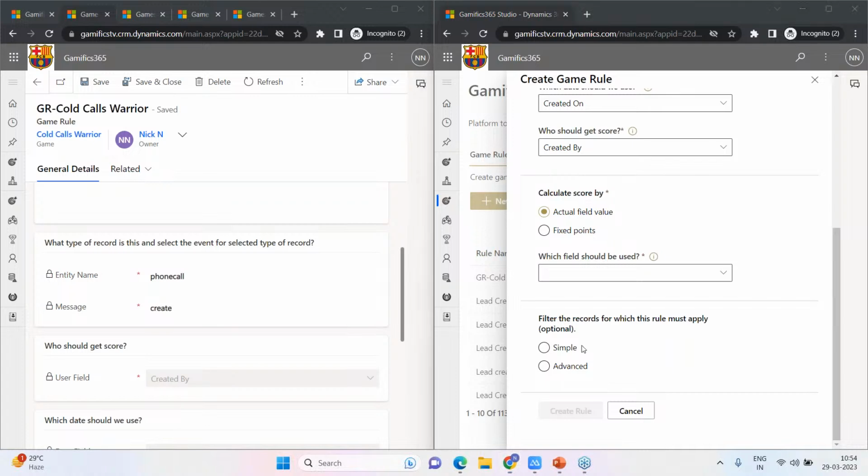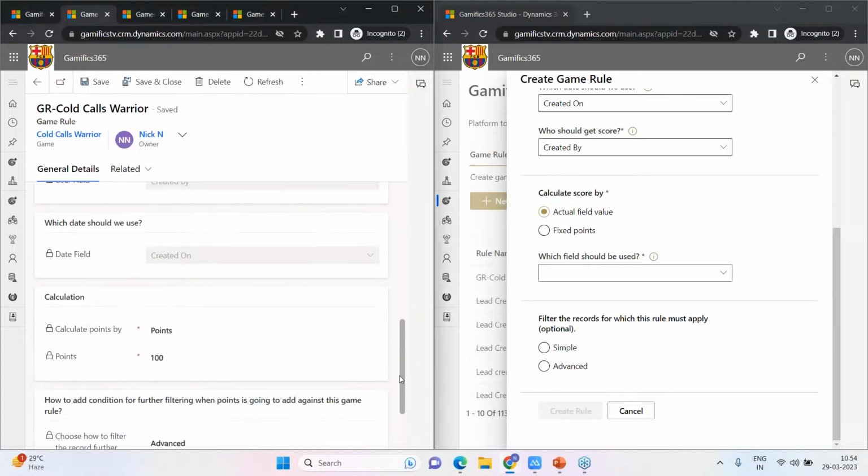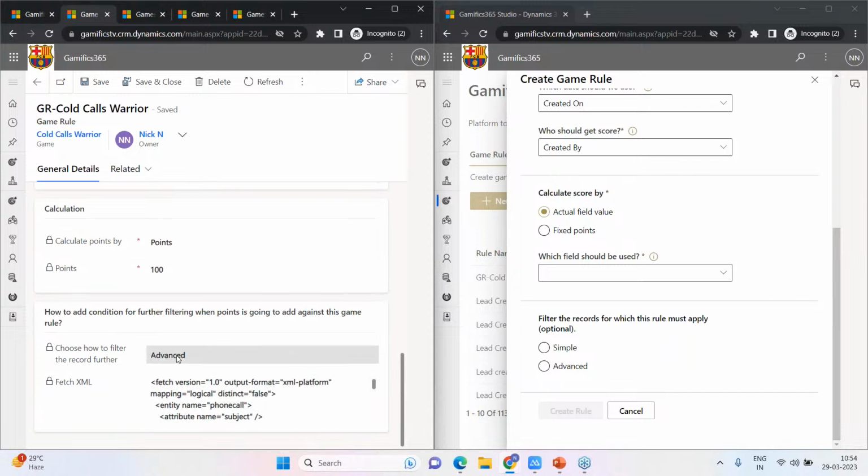Just to give you an example, if I scroll down right here, notice that I have provided the advanced option and a simple fetch XML. Why I have provided the fetch XML is because, if you recollect the condition, the phone call record must be created in an outgoing direction. So for that particular condition, I have used this fetch XML. Now, what happens is, because of this,